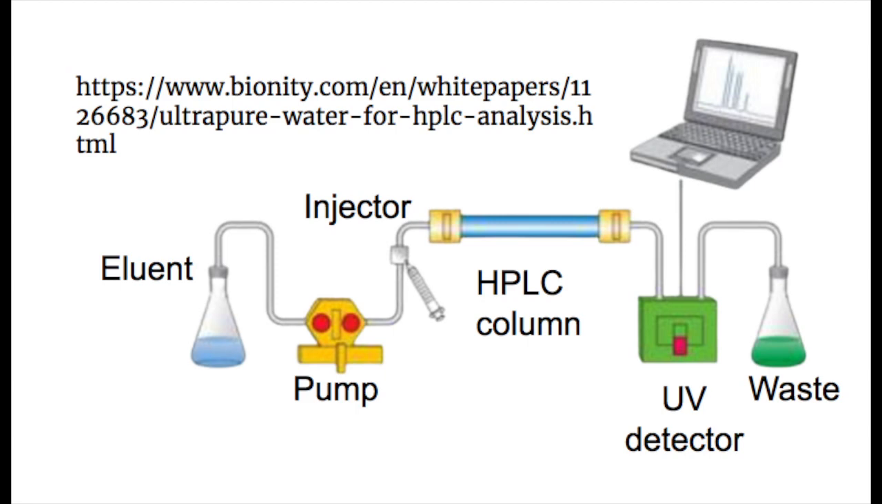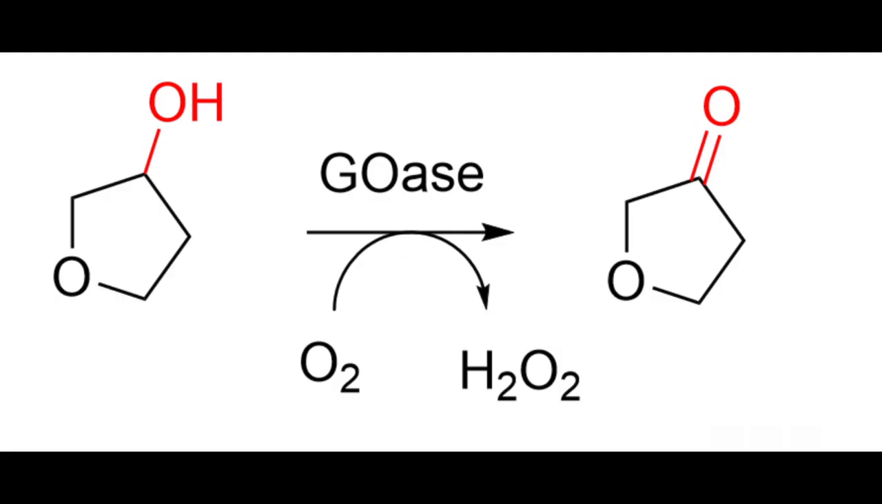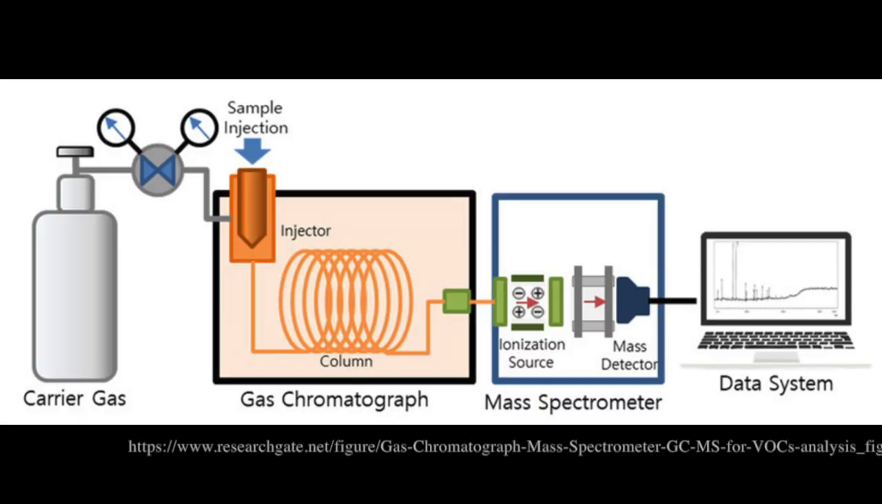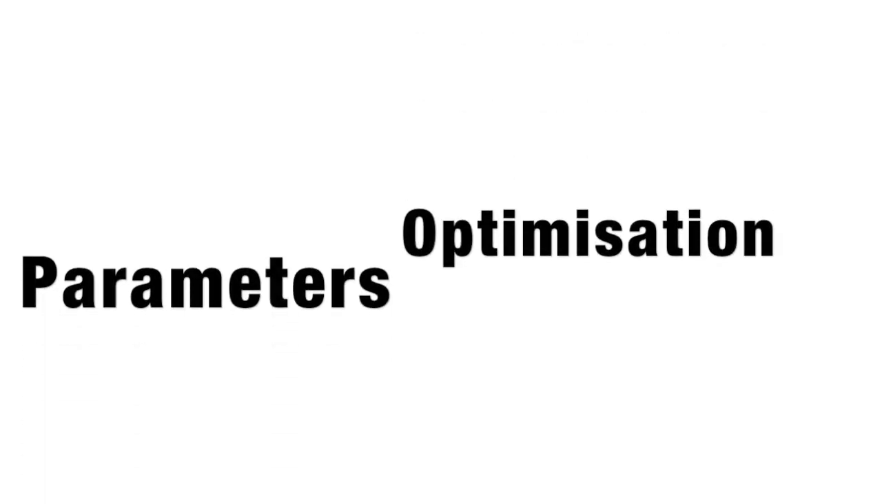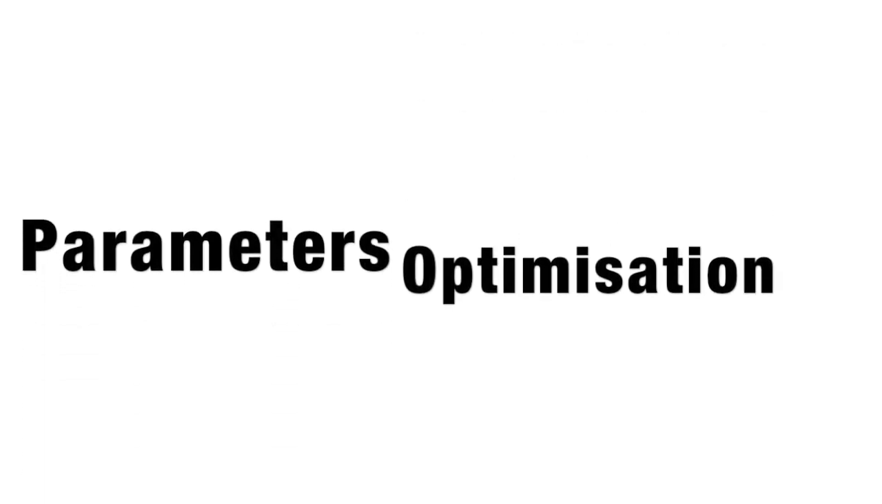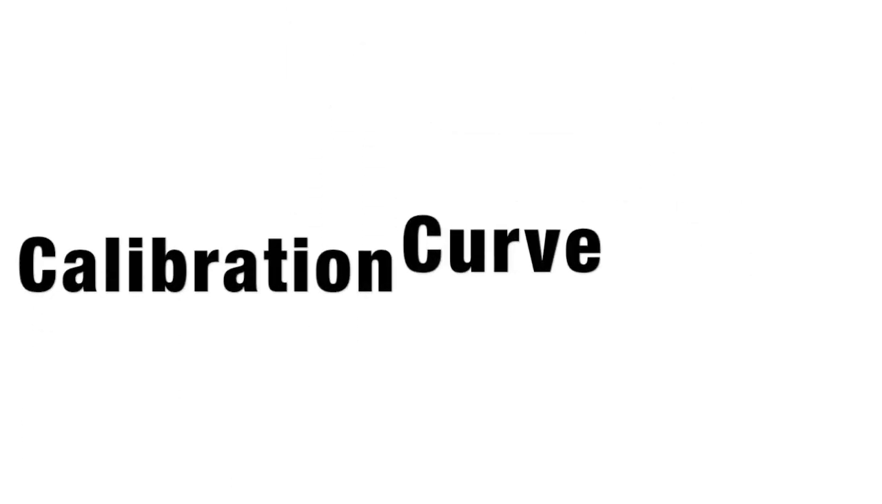High-performance liquid chromatography is favored for ketone yield quantification. However, for non-UV reactive compounds like 3-hydroxy-tetrahydrofuran, this method cannot be used, and hence gas chromatography mass spectrometry, or GCMS, will be used instead. My experiment consists of parameters optimization, liquid-to-liquid extraction, as well as the construction of a calibration